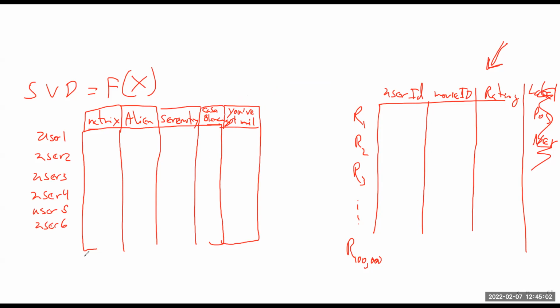So for singular value decomposition to give us the results that we need, we will need to transform it from something like this to something like that. Got it? All right, so this is how this would work well. And now we have this, and we need to decompose it into the three matrices that we can get, S, V, and D. Any questions so far? Is it making sense?